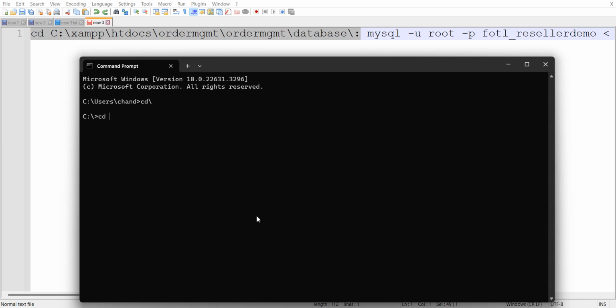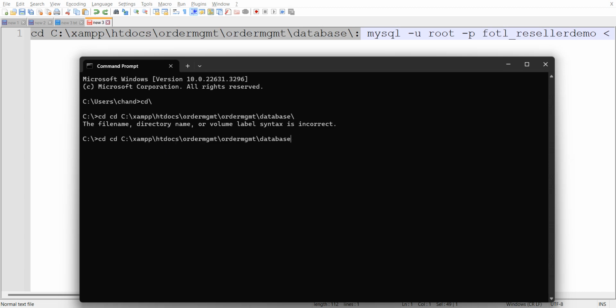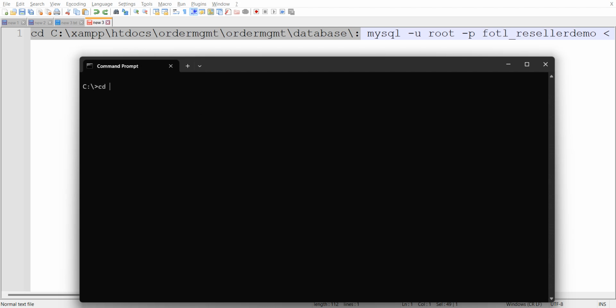So in a case when there is no option for export in our database, we will use this method, which is very useful. So we can go to our database file. Now cd, it would be showing the location. Okay, let me see where it is. Cd xampp. Okay, cd, then htdocs. We can do one by one. So like this you can go, and this is my project. It's order management, and